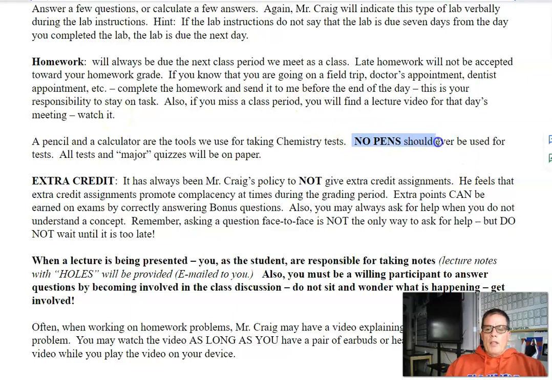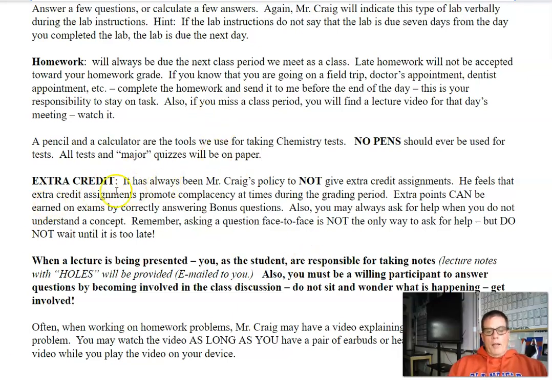Please do not use pens when taking a test or a quiz, and all tests and quizzes will be on paper. There'll be a couple that are multiple choice, and I'll have you use your computer to complete the test or quiz just because it's easier for you and easier for me to grade. So for the most part, everything will be on paper, test and quiz wise. I will hand out packets this year, more for some of you I know love working on the Chromebooks. Some of you like working on paper, so I'm going to give you the option to do either.